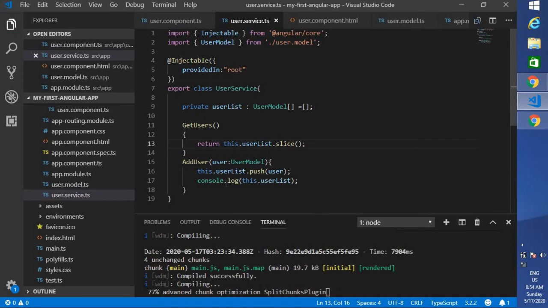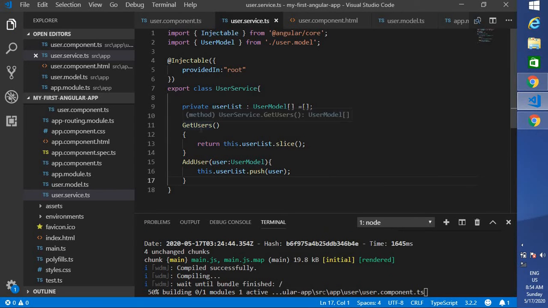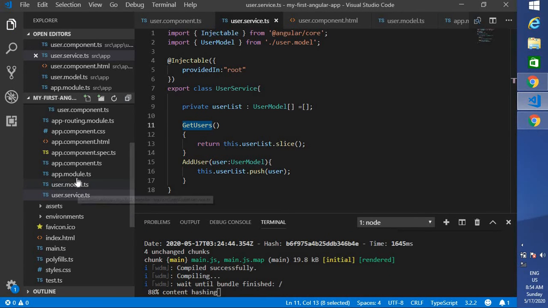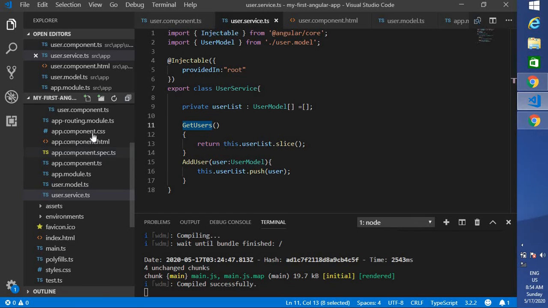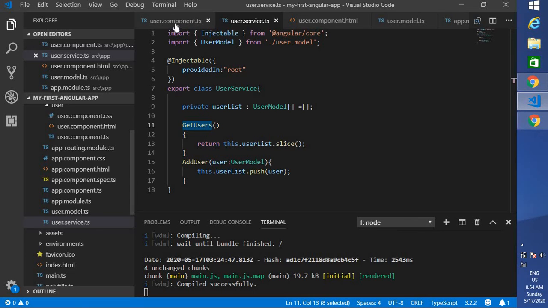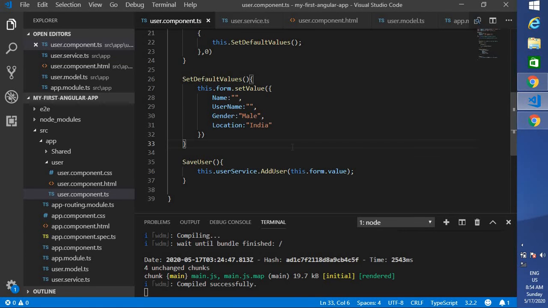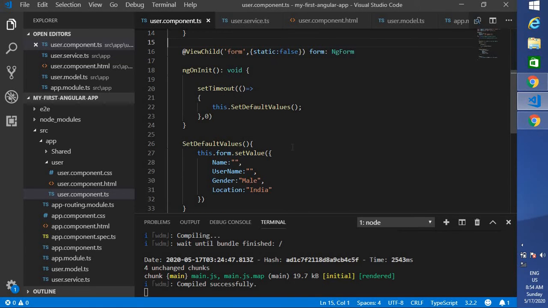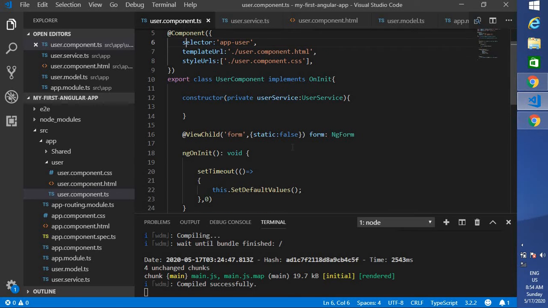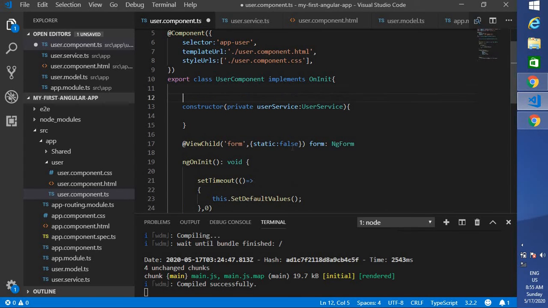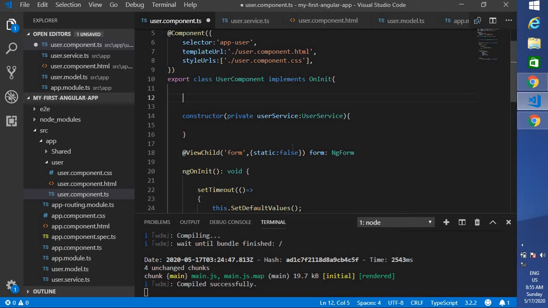So I will remove this console log. Now go to our user component.ts file. We will create one more property here as users.